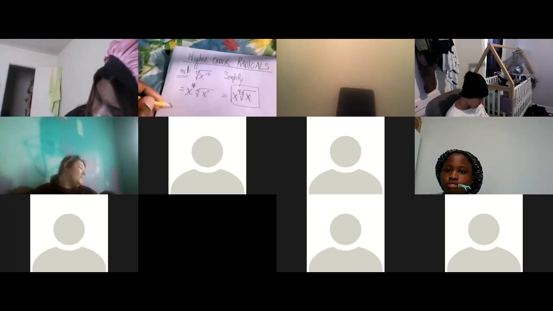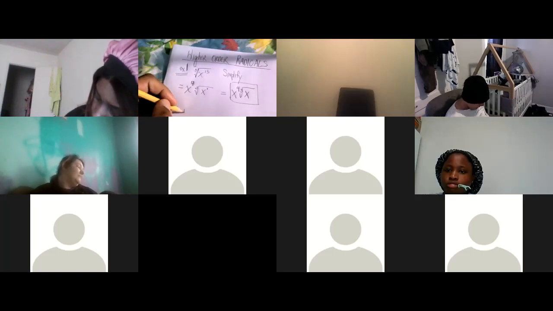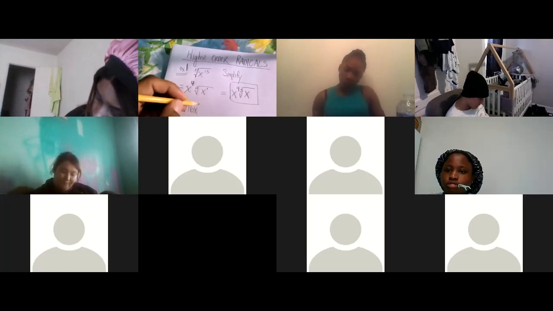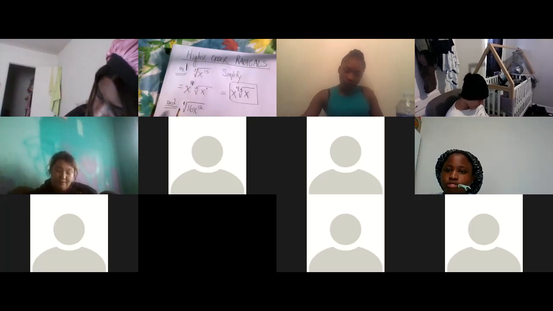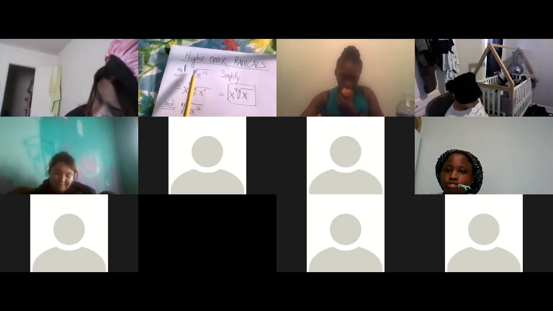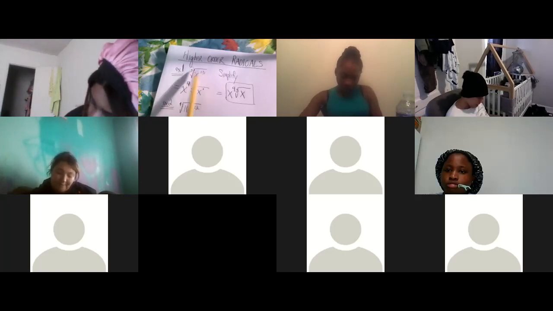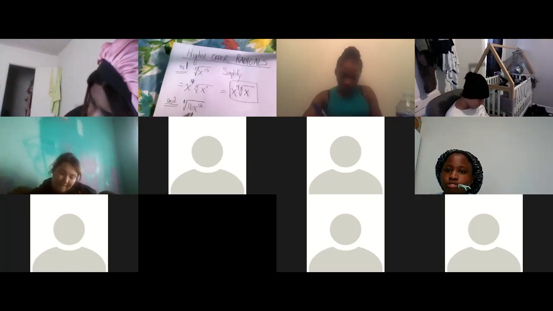If not, example 2, let's try this. The 4th root of 16x to the 12th. So here's a higher root. The way these higher roots work is you divide the index into the exponent. But when we have an integer,